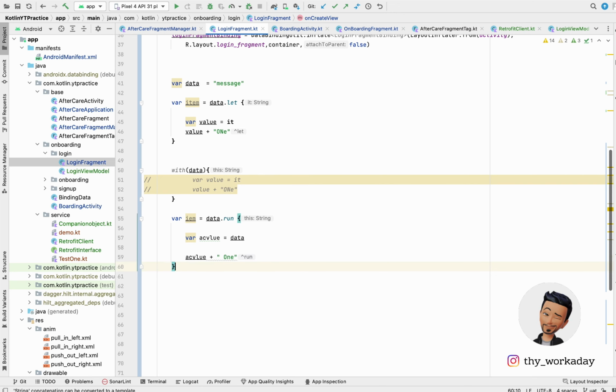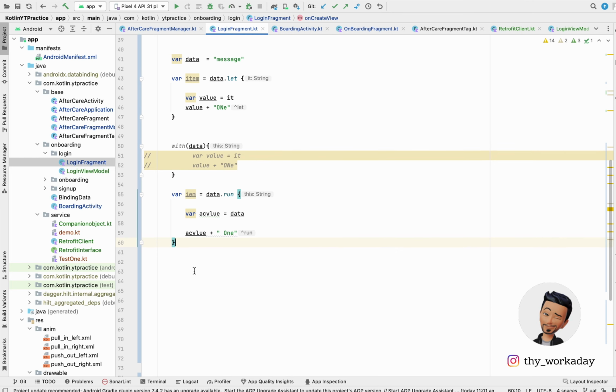Okay, that's what run will do. And this is the scope function. So we have two more scope functions. Those are not completely different from, but related to this. One is also and the other is apply. So what also will do is